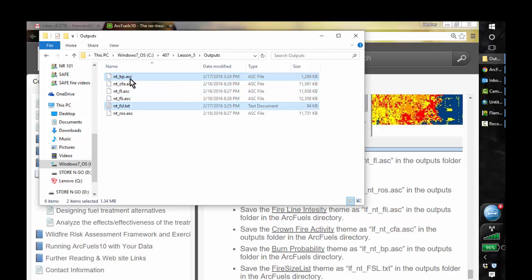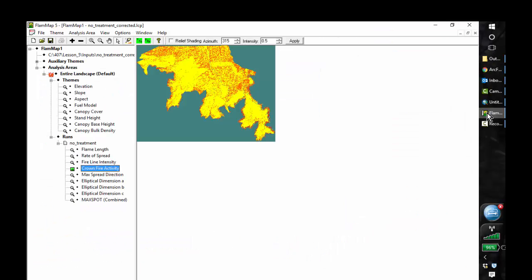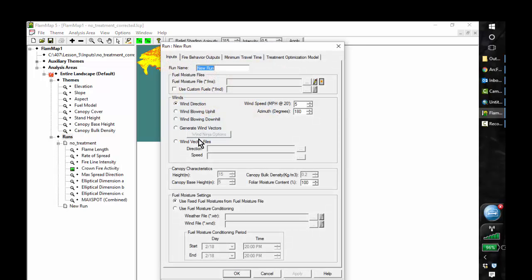So now I should have 6 files that are labeled NT, and those are going to be all the ones that you'll need for the no treatment. You're going to follow the same procedure for the other 2 landscape files. So you can either delete this run, or you can create a new run here, so that just will be a new run. So you can either start from a new page, or you can start again from here, labeling this